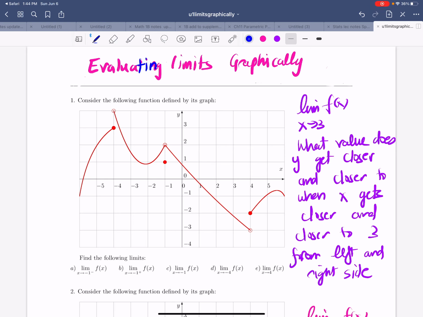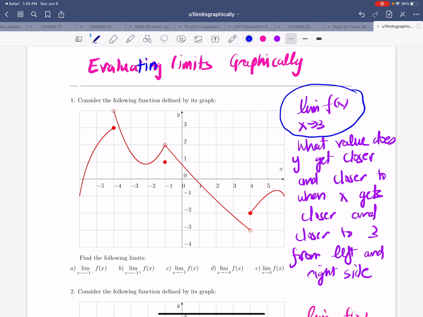Today we are going to look at evaluating limits graphically. So how can you tell what the limit is by looking at a graph? First of all, what is the limit? Limit is what value y gets closer and closer to when x gets closer and closer to a particular number. For example, limit f of x